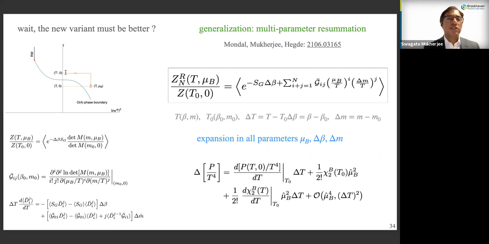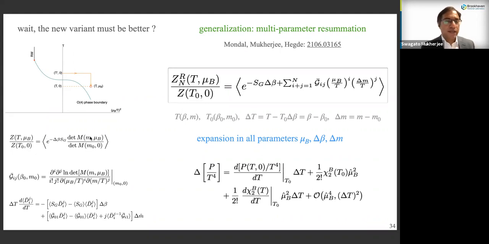So you choose configurations in the symmetric phase, first expand in mu, and then reweight these configurations in the symmetric phase between two different temperatures. I can also expand in the coupling in this case. This is an exact thing to do. I can write down the ratio of the partition functions at T, mu_B with respect to some different T_0 and 0. That would be my gauge action plus the determinant of the fermion action, and the overall average. Now,